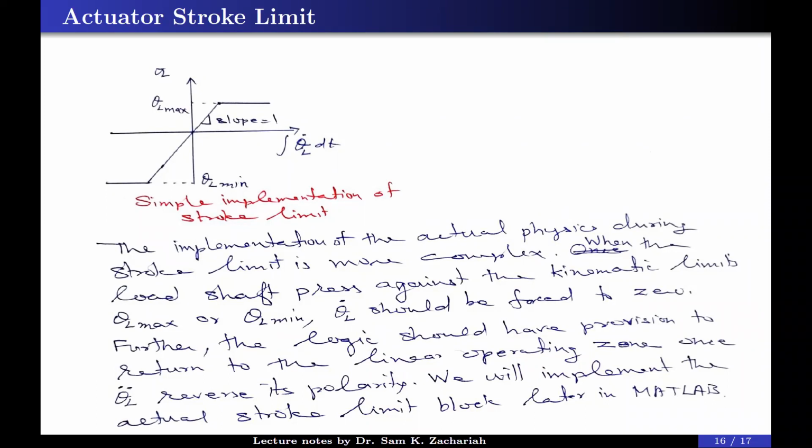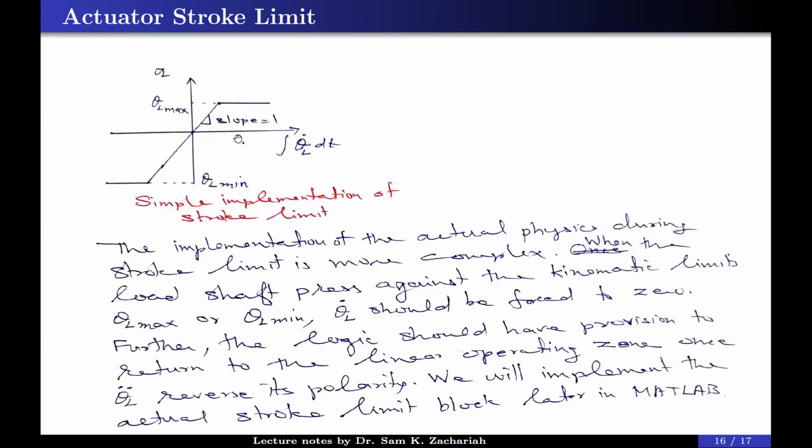All such things will come. So there is no limit for adding more and more complex limit operations, but the simplest is simply putting an amplifier limit and being happy with that. But that will not be a good option. So we will write the real true algorithm for the stroke limit later. That will take care of two or three things.